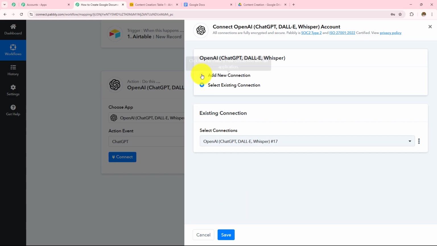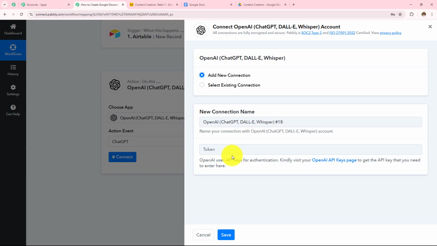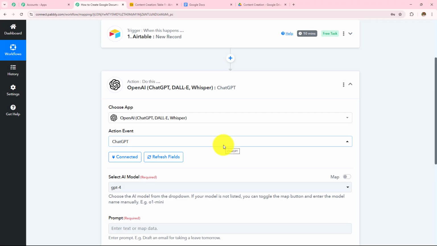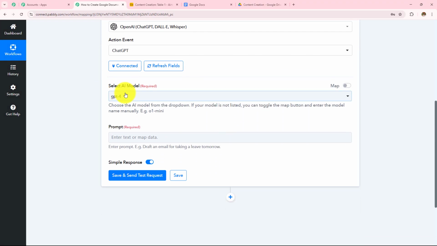If you don't have one, click on this add new connection, and then to make this connection, you have to enter the token. By visiting this hyperlink given over here, you will land on the page of API token. You can generate a new token, and simply paste that over here in this particular field. As I already have an existing connection, I have made this connection multiple times, I'm going to go with this existing connection and then click on this save. So here OpenAI is connected with Pabbly Connect, and now I have to select the AI model and enter the